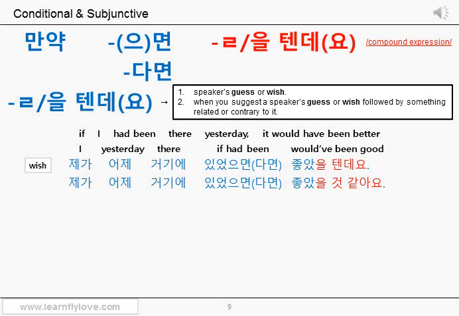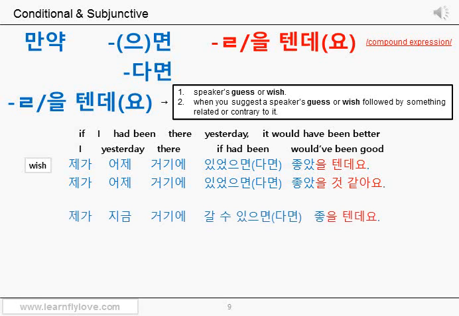Then what's the difference between 좋았을 텐데요 and 좋았을 것 같아요? As I told you, the first one, 좋았을 텐데요, sounds more like you feel pity for it, like you wish you were there. And the second one, 좋았을 것 같아요, just sounds like you guess it would have been better, or you expect it was good or better. Now you understand the usage of 을 텐데요, right?